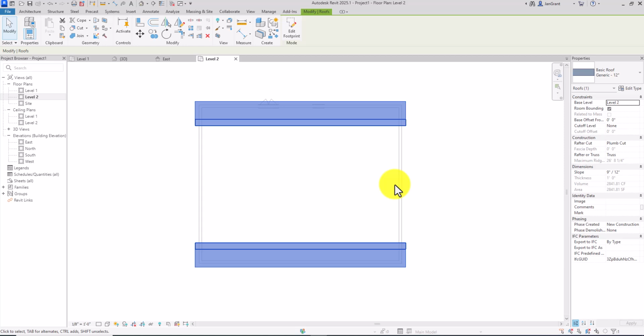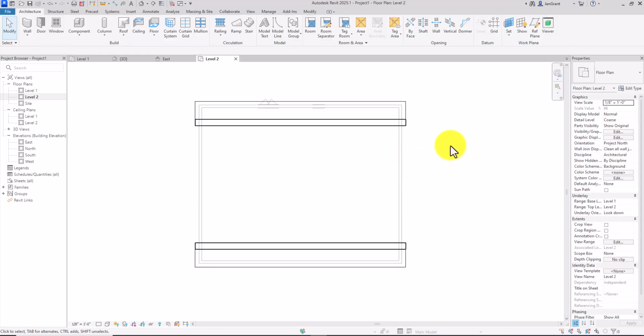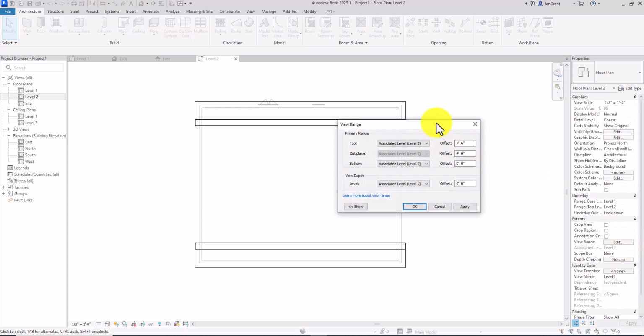So if we want to see the roof in our level 2, let's go ahead and escape or click off of this so that nothing is selected. We want to see the roof in our level 2. Under properties, down here at the bottom, you'll see view range. I'm going to click on edit. You see that each one of these views is taking this one model and showing that much. It's showing from 0 to 7'6" with the cut plane of 4